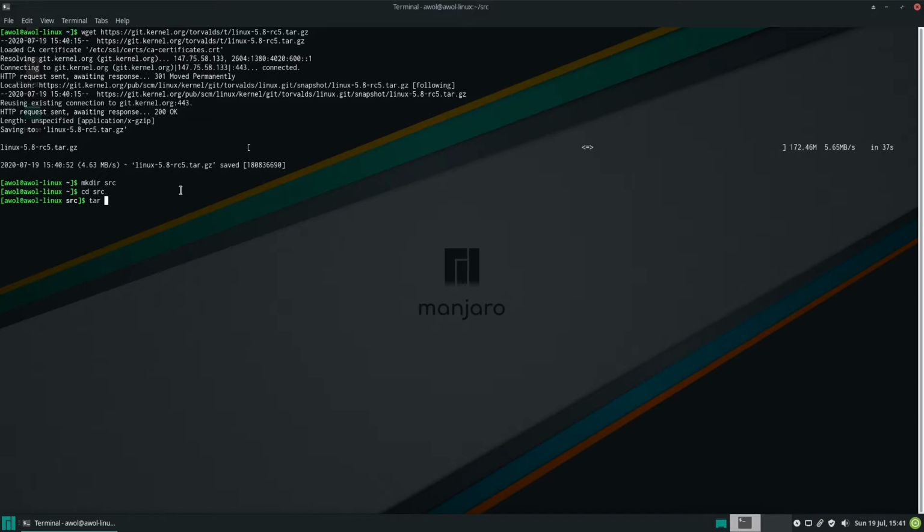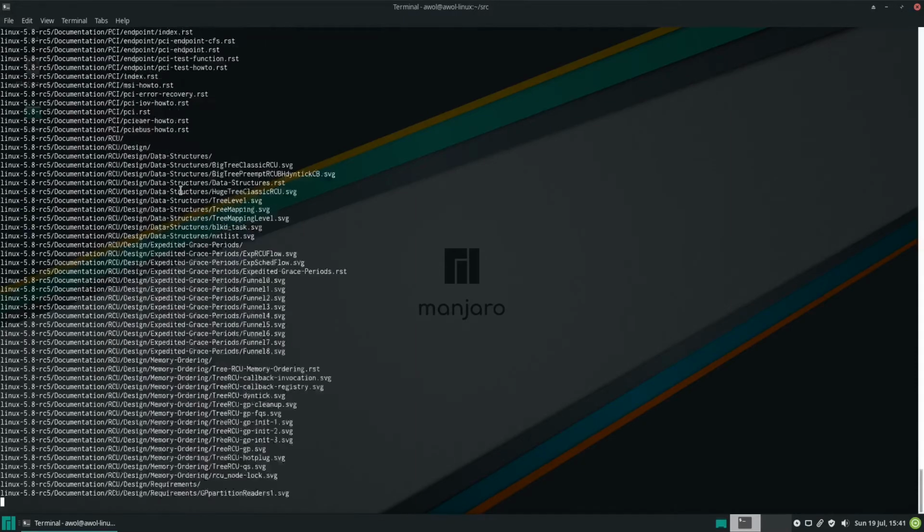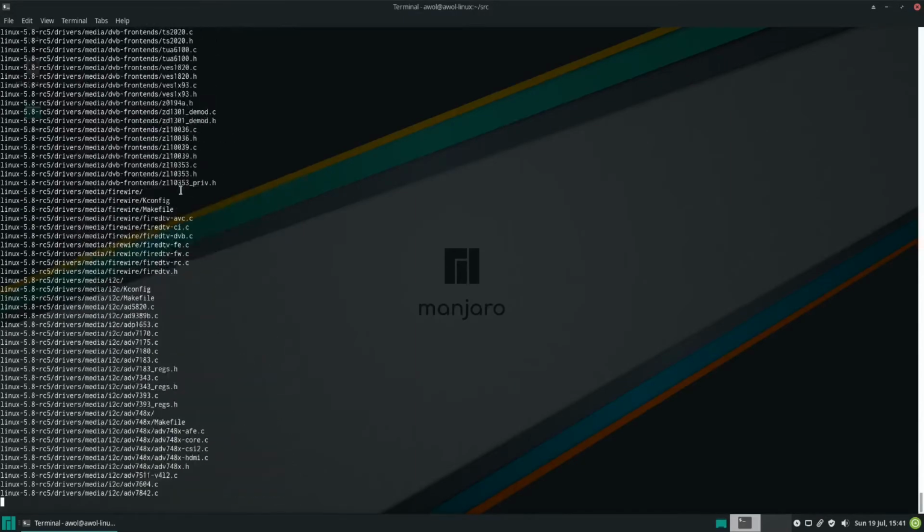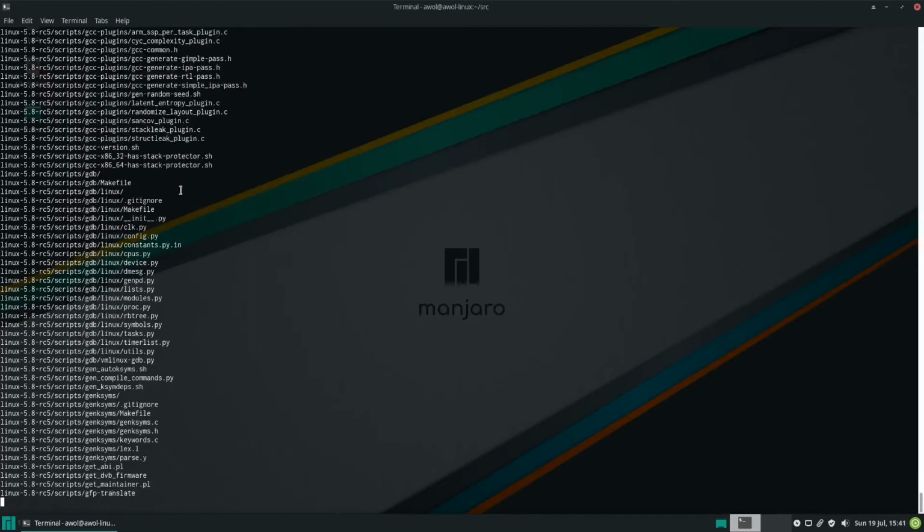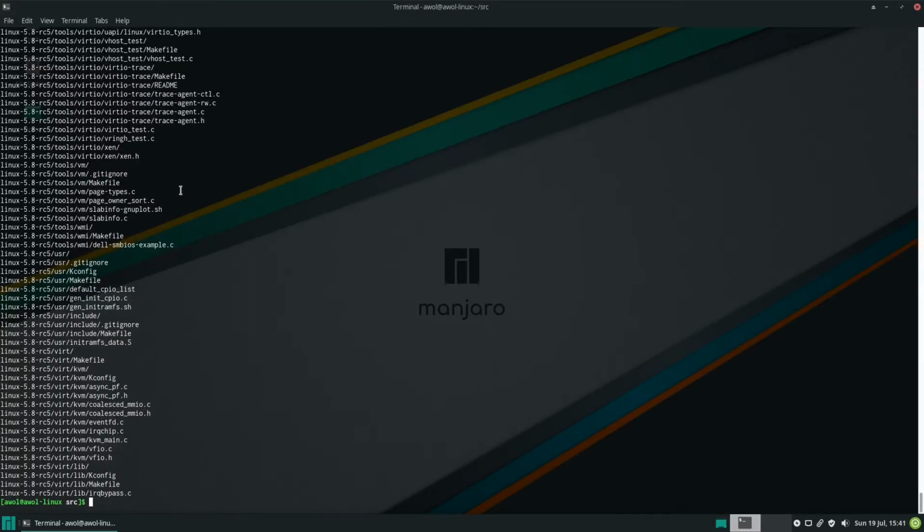So we want to extract that and make it verbose so that we can see what we're doing, and the file is, if we go back one directory, and we want to extract it locally right here. Okay, and now,